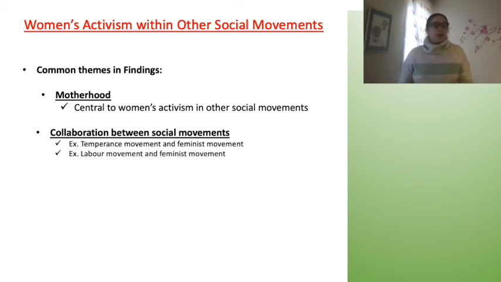So although prohibition was not an issue of women's rights, they connected this with the women's rights movement. And one of the big arguments in both Canada and the United States that women used to gain a lot of support for giving women the right to vote was that if women had the right to vote, they could vote to make alcohol illegal. And so these are all connected. This collaboration of these two movements was really important at that time. More recently, we can see collaborative connections between the second wave women's movement and the labor movement. So this is our other big space of collaboration.